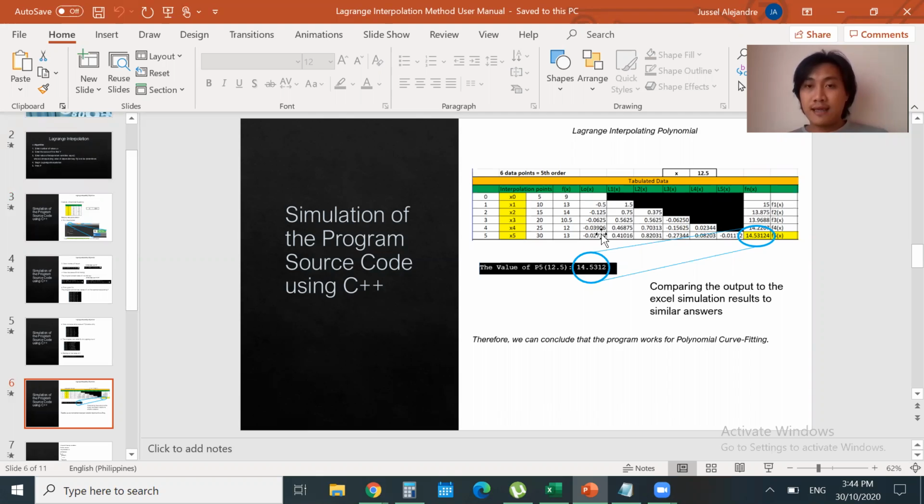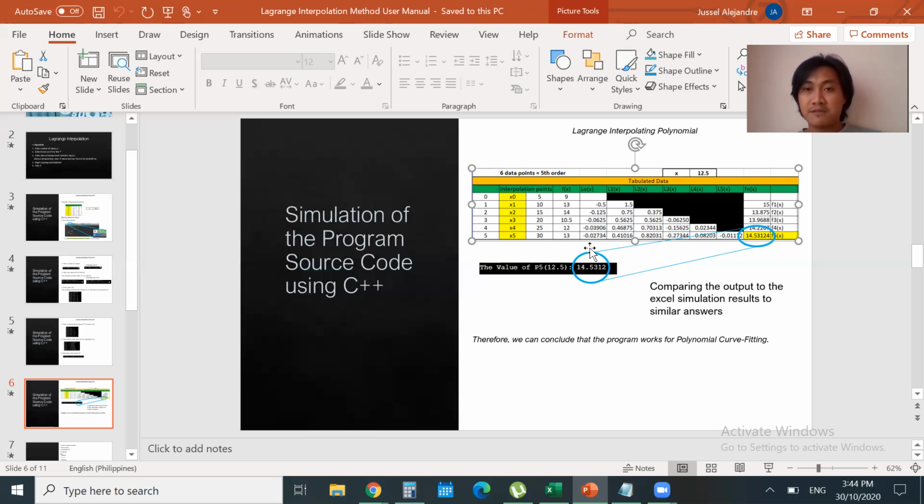Here you can see the value of the fifth order, wherein x is 12.5, is the same as 14.53124. You can see also the Lagrange terms here are the same as the program output.